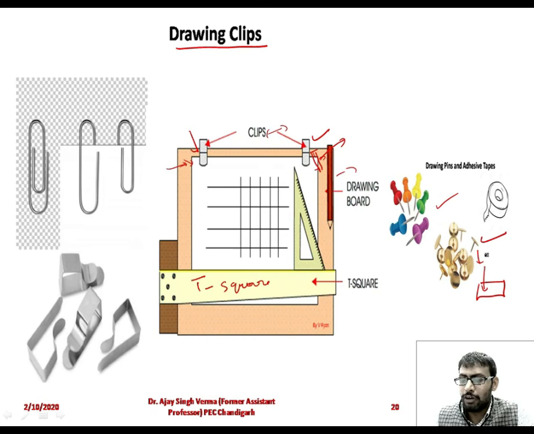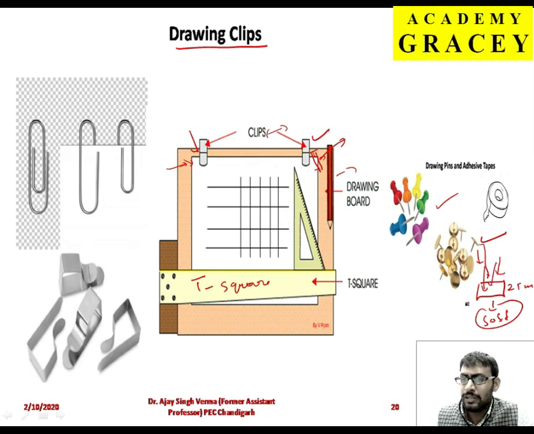In the previous slide we were also talking about the drawing board having a 25 mm thickness, and it is made of softwood. What is the reason to make it soft? Because when we push these pins in, to avoid extra human effort, it can easily facilitate pulling out these pins, and it can easily insert the pin into the drawing boards.